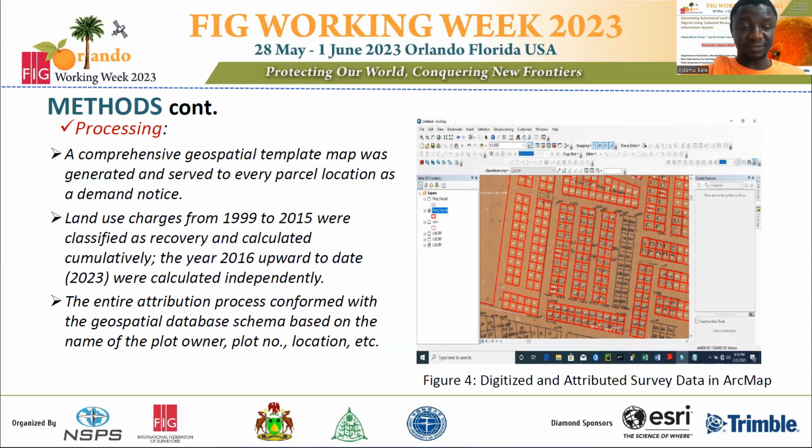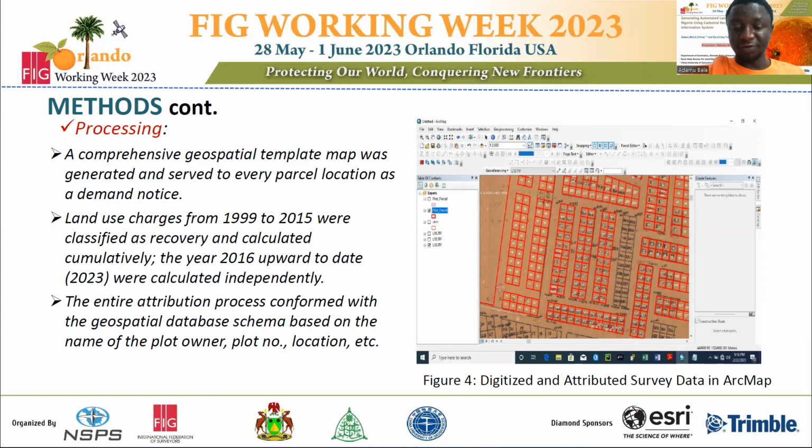Land use charges from 1999 to 2015 were classified as recovery and calculated cumulatively, whereas from the year 2016 upward, that is to date, which is 2023, they were calculated independently. The entire attribution process conformed with the geospatial database schema based on the plot owner's name, plot number, location,